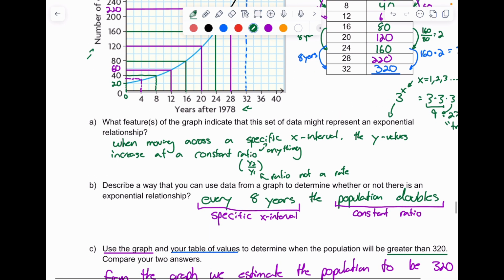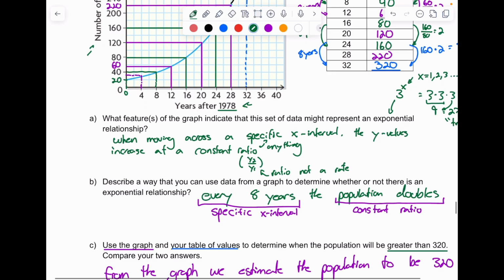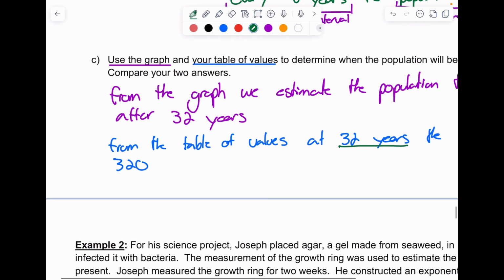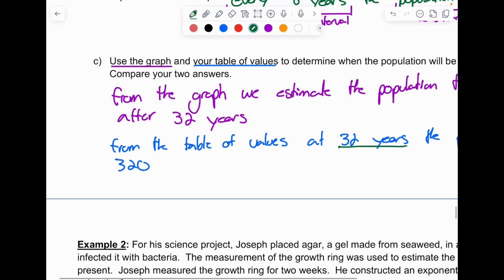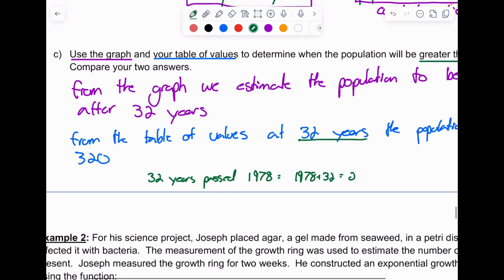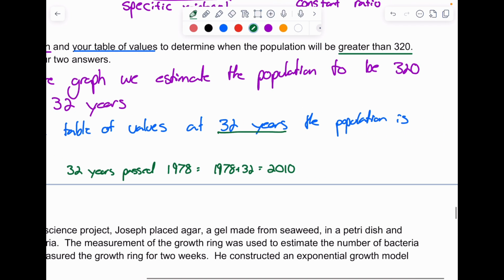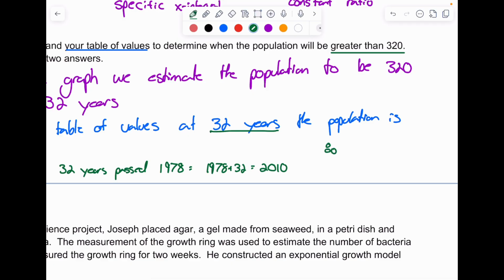what that's actually modeling. Year 0 is technically years after 1978, okay? So if year 0, so 32 years past 1978, right? Well, that's going to bring us into 2010, right? So that would be 1978 plus 32. Well, that equals 2010. So therefore, the population